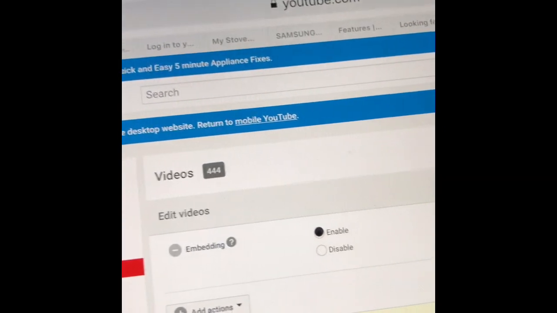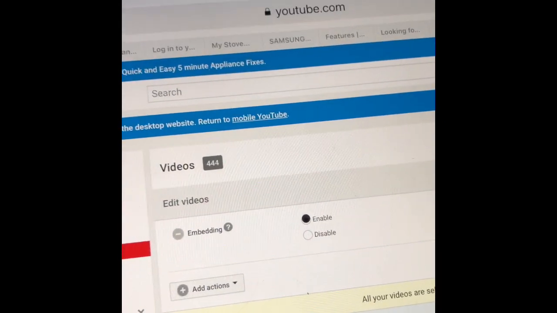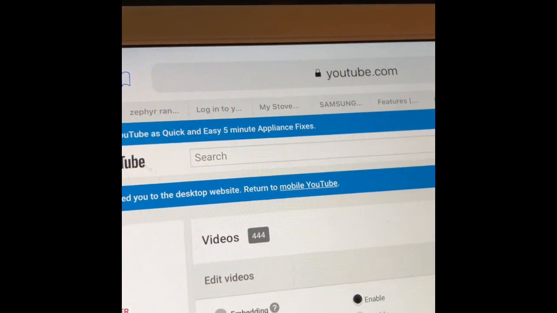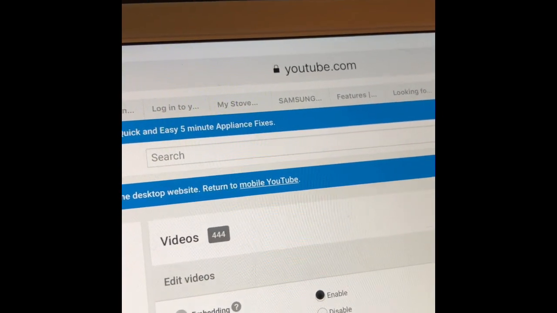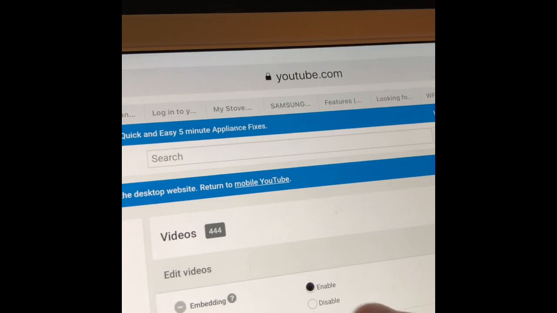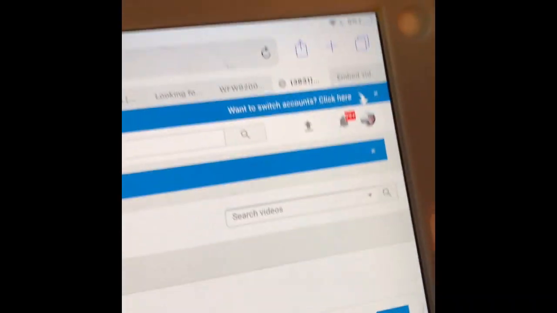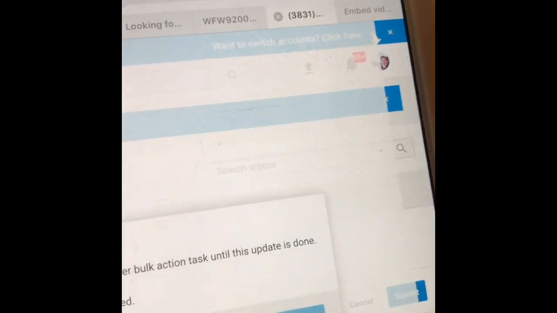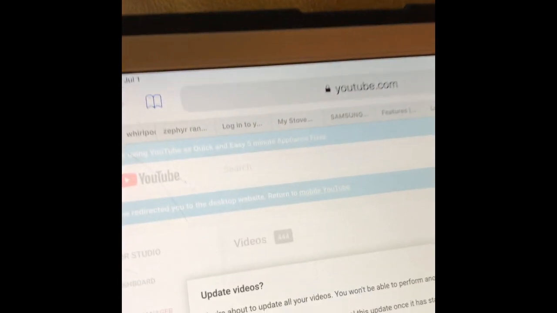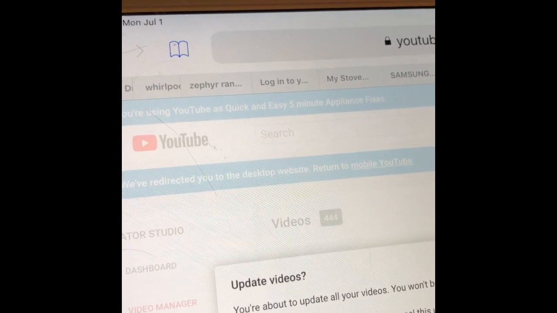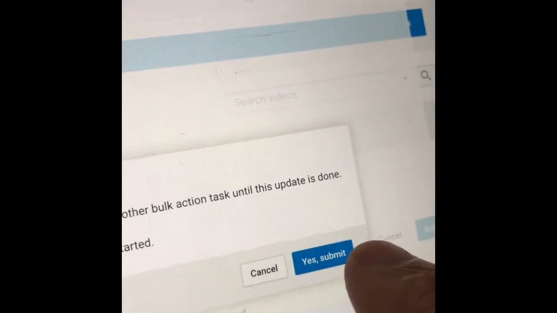So if you don't want that to happen, you don't want them to steal your work, you can get to this part where it says embedding. Often it says enable. Let's use disable. Let's disable, and then we're going to come over to submit. Then it's going to give you a little box that says, sure you want to do that? You go, yes I do. Then you press submit,